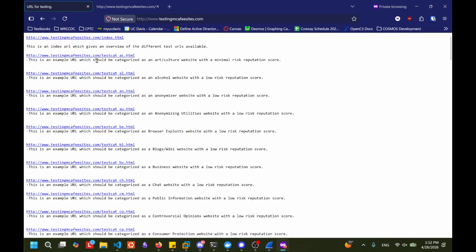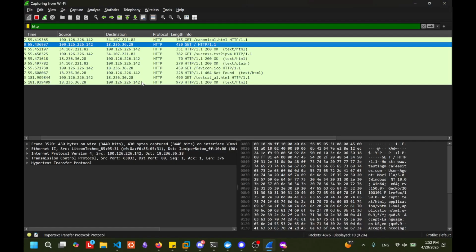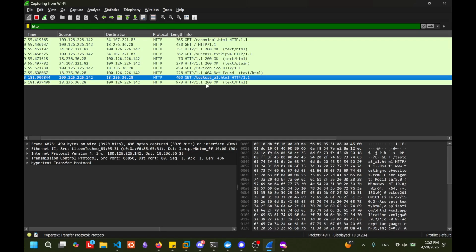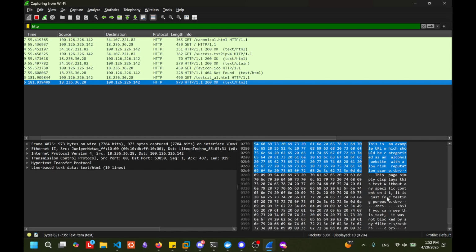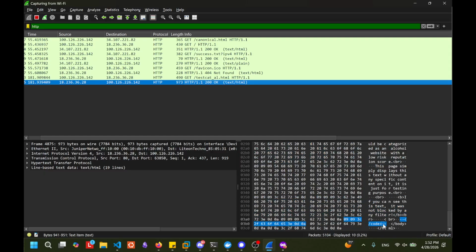If I continue capturing and go to testcat_al.html, it looks like I put in a request for that page, and it returns the exact source code. So there's something going on behind the scenes. It's making requests, calling a page, and from there it's returning the HTML code.